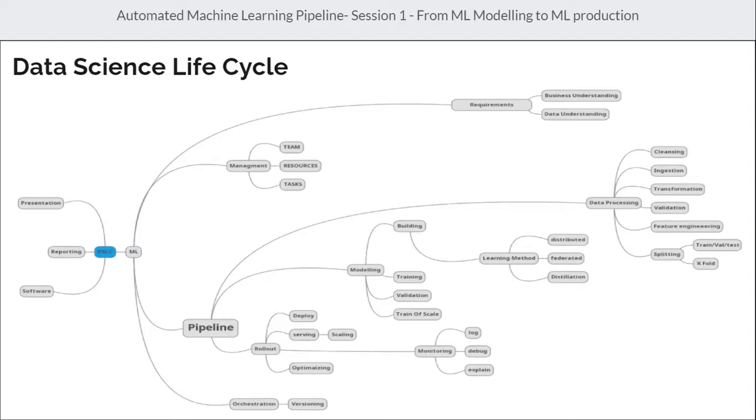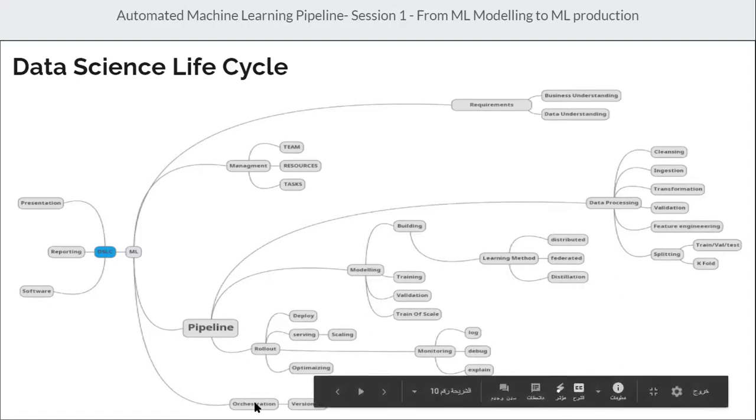And so these two top points are so foundational and key before we start taking the time to do the pipeline. In fact, I would venture to say that the large number of machine learning projects that never get incorporated are probably due to a good job not being done on the requirements and the management.